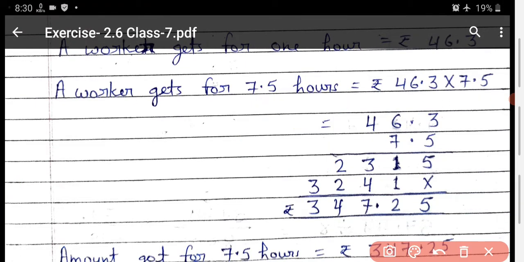So when you multiply here and then add, what will you get here? 34725. Now I'm not going to explain that one. 5 3s are 15, carry 1, 5 6s are 31, 31 becomes 3, 5 4s are 20 and then 23. It is a small child concept now. So when you multiply you will get that number. Now after the decimal 1 digit, after the decimal 1 digit, total 2 digits are there. So from the back side put the decimal after 2 digits, and you will get your answer. So your answer is 347.25.